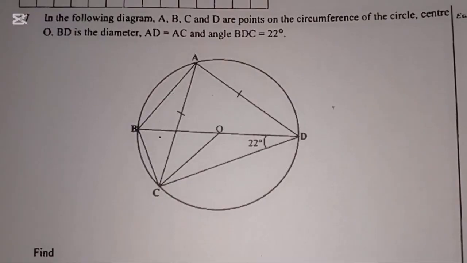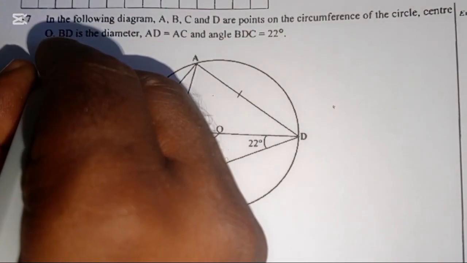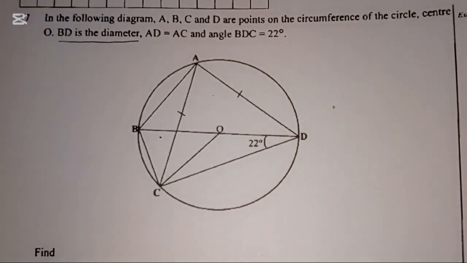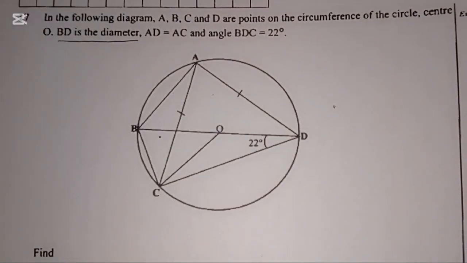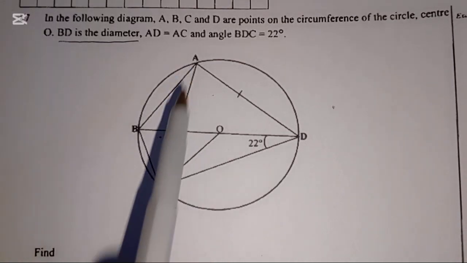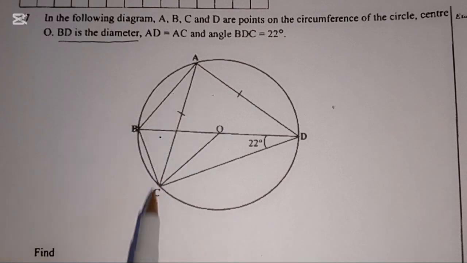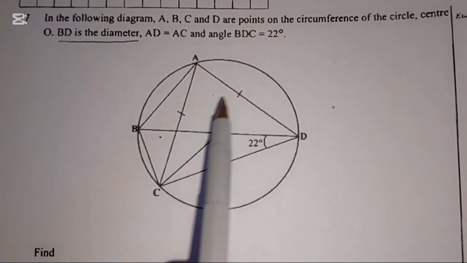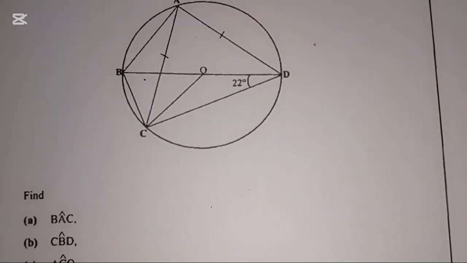Question 17. In the following diagram, A, B, C, and D are points on the circumference of the circle with center O. BD is the diameter. AD is equal to AC. So that is an isosceles triangle. ACD is an isosceles triangle. Why? Because these two sides are equal. Find part A,